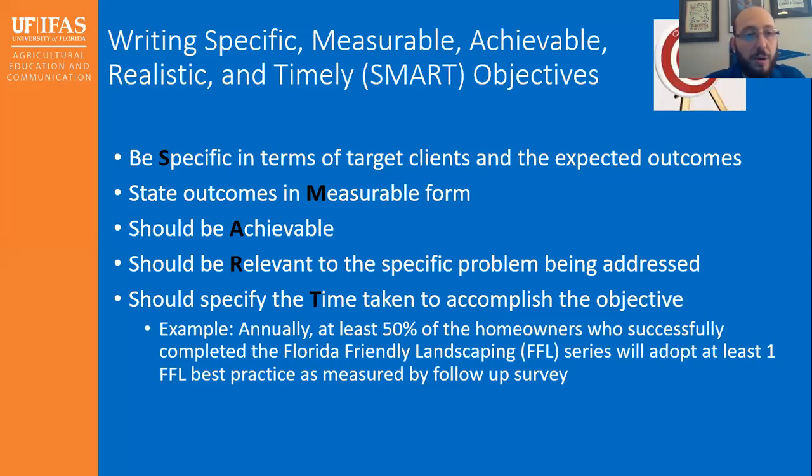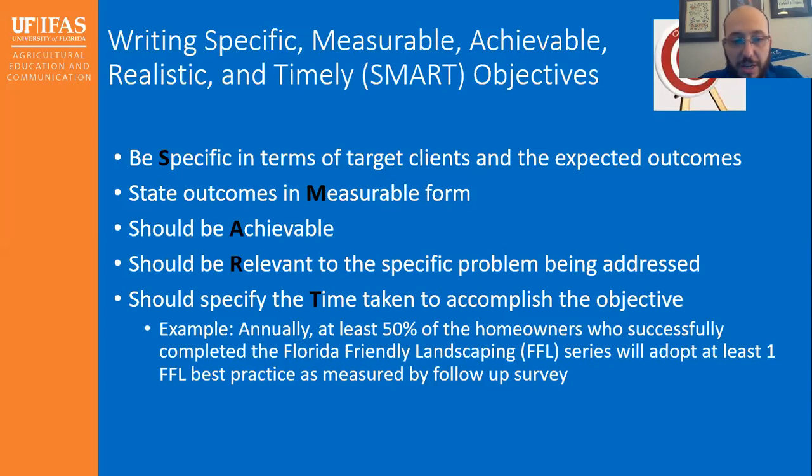Some of you have probably already heard of the SMART construct, but just to reinforce, this is a construct used within Extension to help develop objectives that effectively guide your program. SMART is an acronym that stands for specific, measurable, achievable, relevant, and time-bound. So the mantra is: be specific in terms of target clients and the expected outcomes, and state the outcomes in a measurable form. You want to make sure they're actually achievable. While you want to be ambitious, you want to straddle the line between being ambitious and realistic. It should also be relevant to the specific problem being addressed, and then should specify the time taken